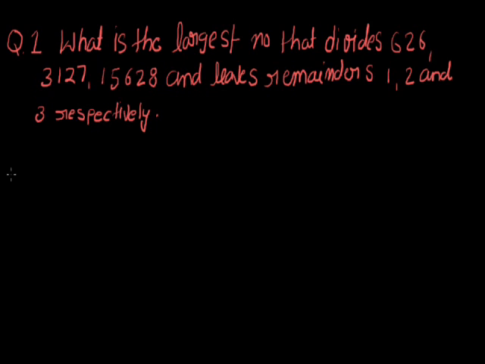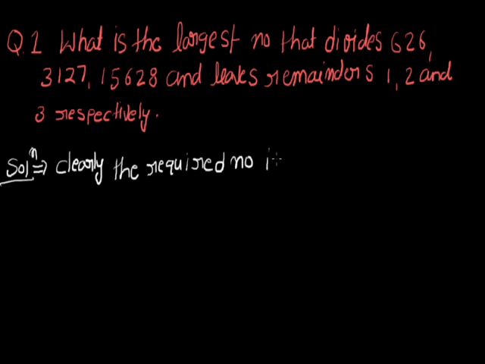Now let us come to the solution of this question. How we will solve this question? We have to find the largest number that will divide these numbers and leaves remainders 1, 2, and 3 respectively. Okay, so here we can write clearly the required number is the HCF of the numbers, that is 626